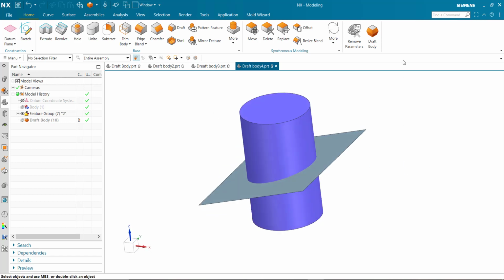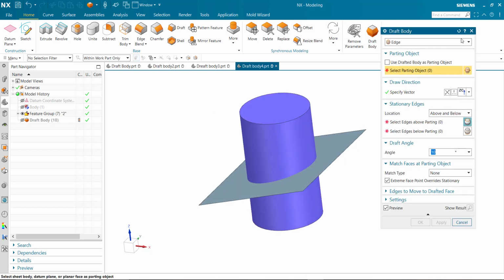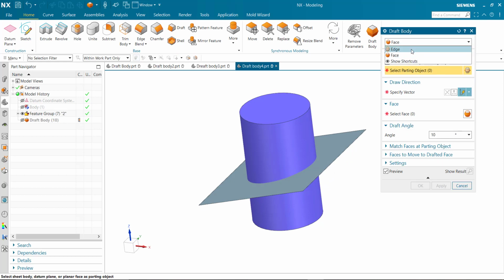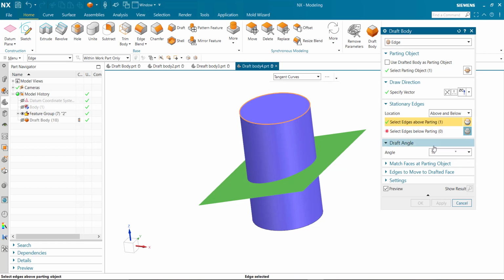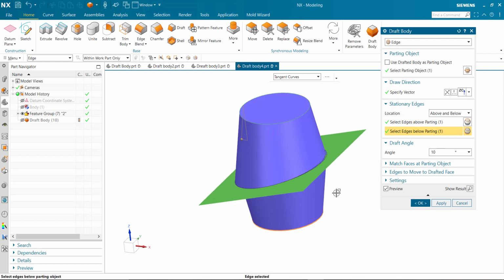In another example, Draft Body, set type, edge type, select the parting object, draft direction, above parting and below parting.